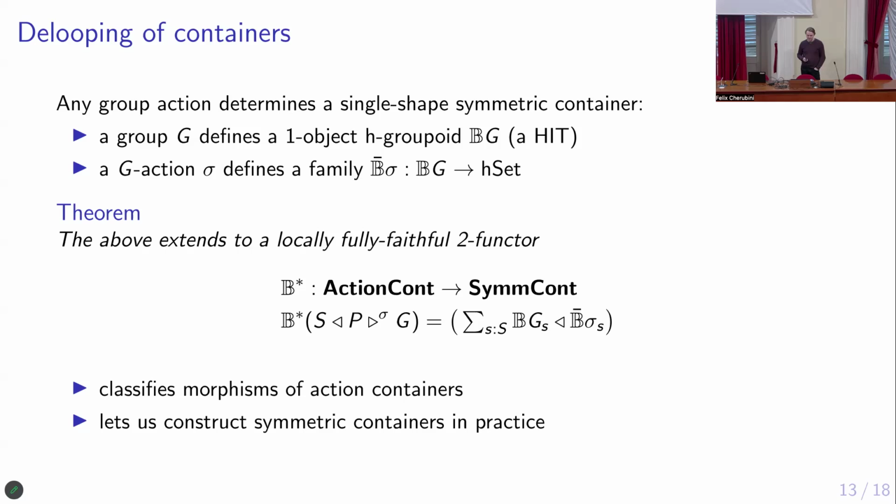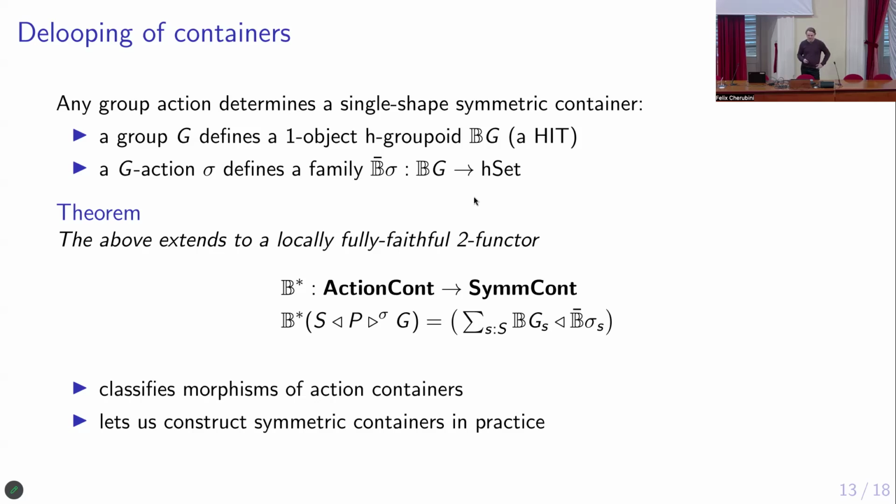So for each action container like this, I mean, there's the action on the objects. It gives you the symmetric container whose shapes are a big coproduct of all the delooping of these groups. And for all of these, you just look at the families of sets over there induced by this derived, I guess,